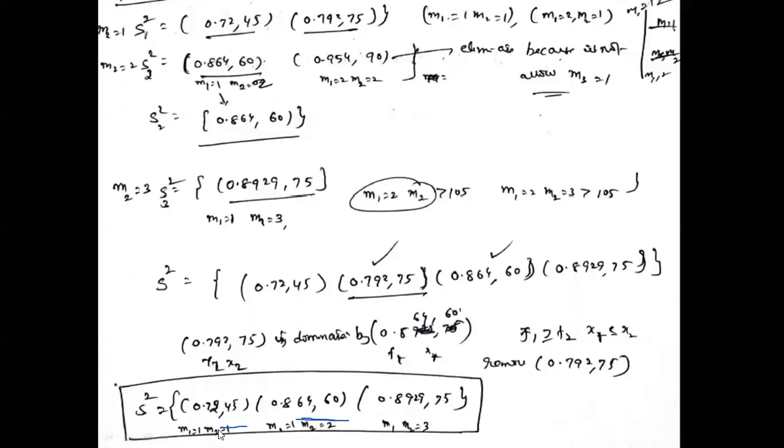Is M1 equal to 1, M2 equal to 2? So you can place another device in the third stage. Next, M1 equal to 1, M2 equal to 2: you can place another device in the third stage because the cost is less than 105. The cost of the third device is 105. Next, M1 equal to 1, M2 equal to 3: the cost of the device is 75 plus 20, less than 105. Next, the third device, M3 equal to 1.